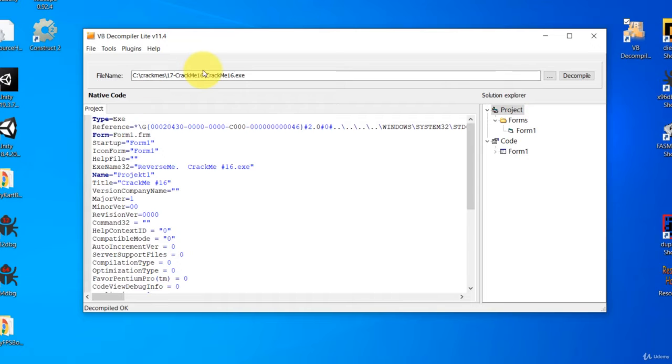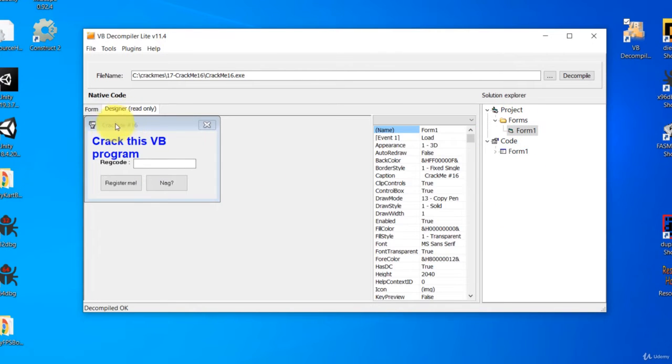So now it has decompiled. You can see decompile OK. Decompile means it will convert the binary file into source code, and you can see from here it has successfully done it. In Solution Explorer, there is a form. If you double click, you can see the form,